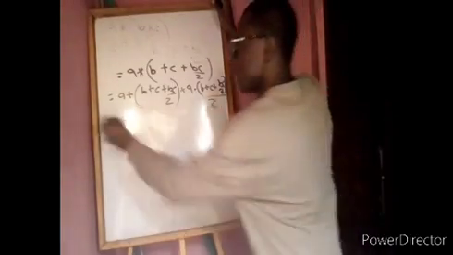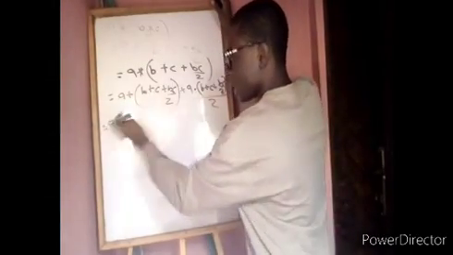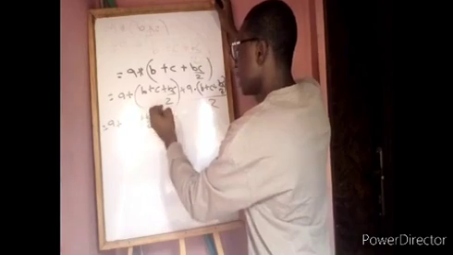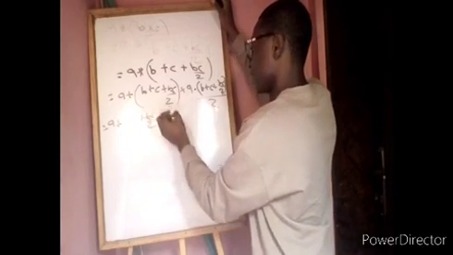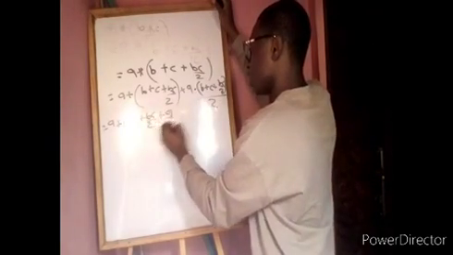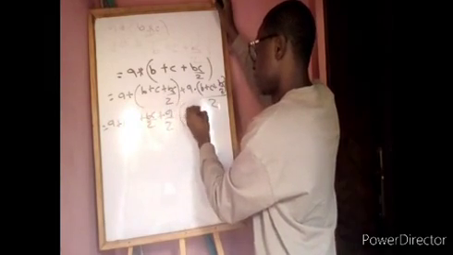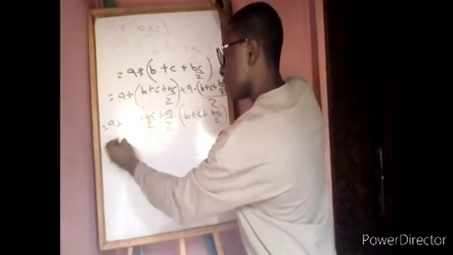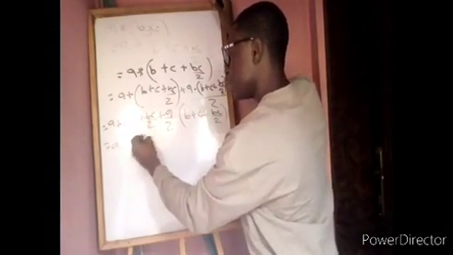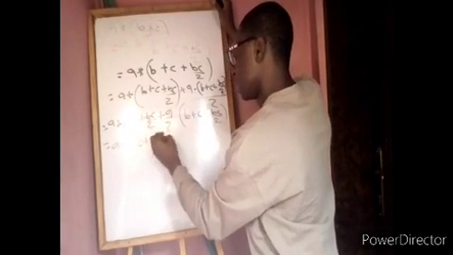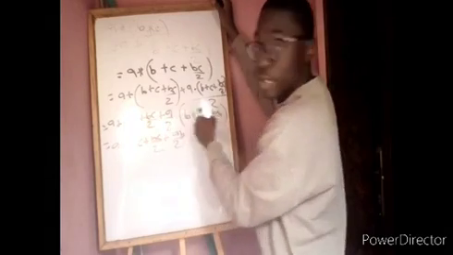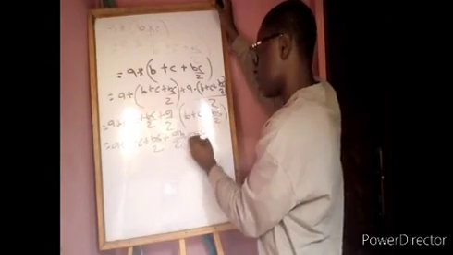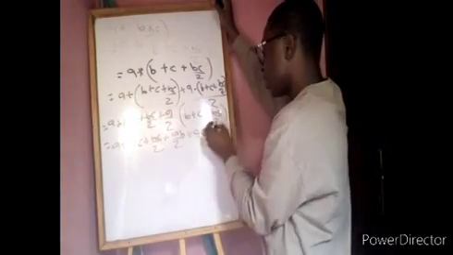So that will be what? A, let's open this bracket, A plus B plus C plus BC over 2. Then the last one, plus A over 2 multiplying B plus C plus BC over 2. So opening together will be A plus B plus C plus BC over 2 plus AB over 2. When we open this bracket, then plus AC over 2, open the bracket, then the last term plus ABC